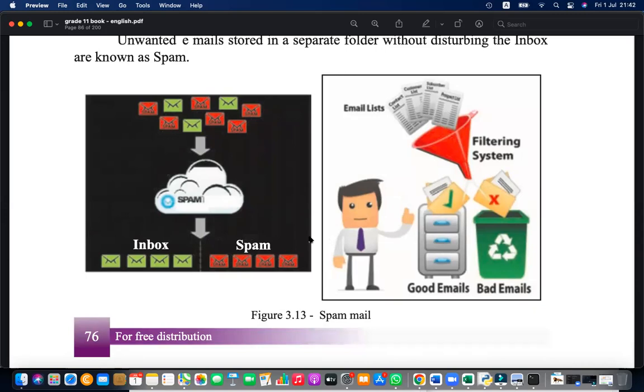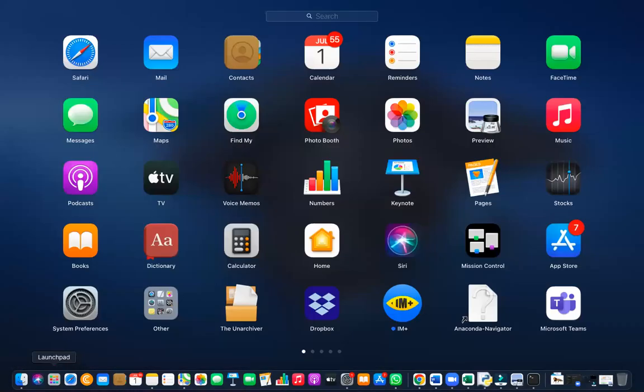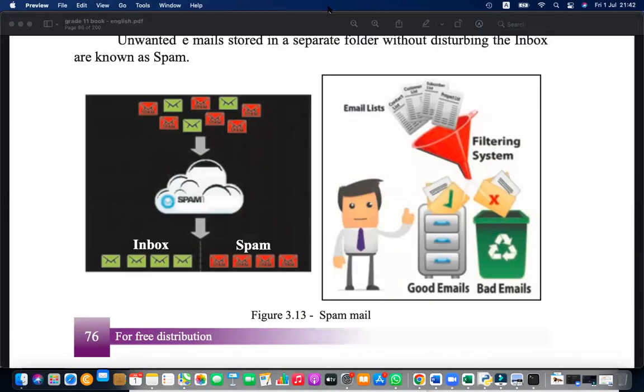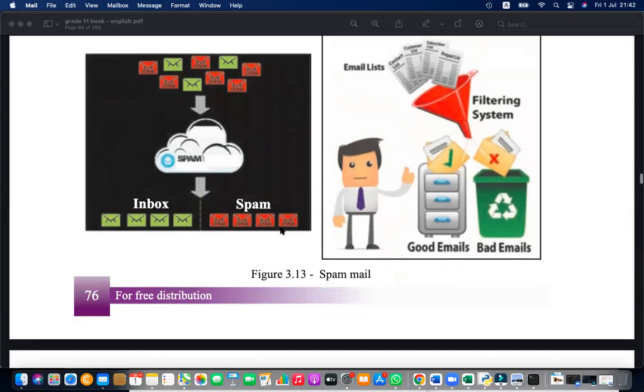Therefore, please check your inbox as well as spam, because sometimes emails are incorrectly identified, that means sometimes they identify your own emails as spam. That can happen, right? Good friends as enemies, that can happen. Therefore, check spam as well, because it will be automatically deleted after 30 days.